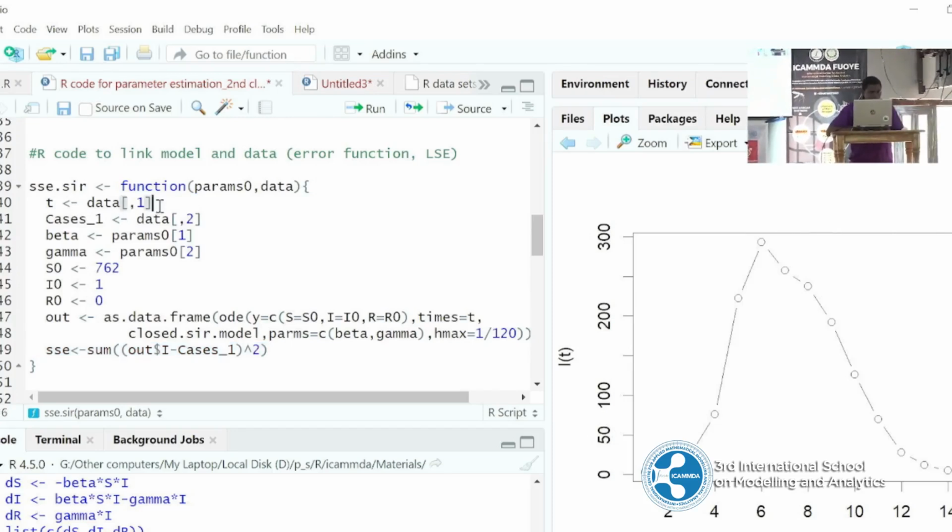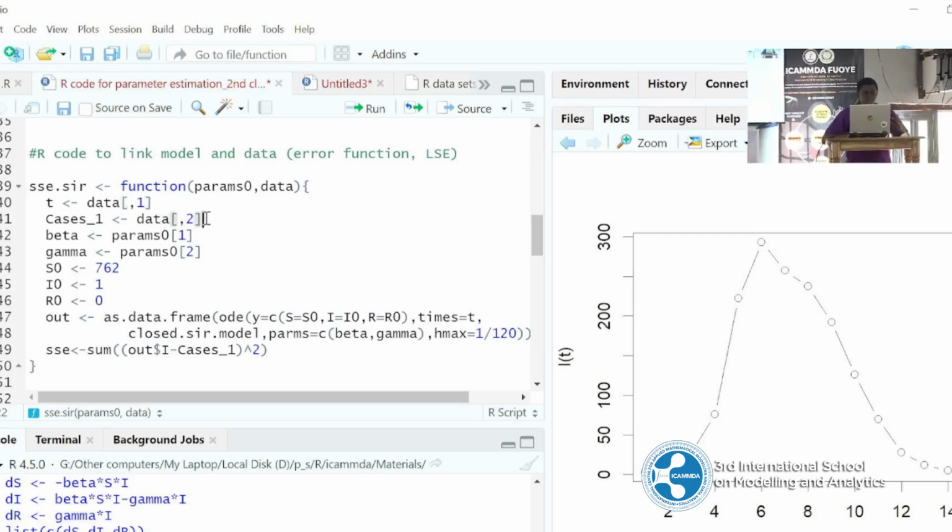So we put our time, which is the first column of the data. We put cases 1, which is the second column of the data. Beta, which is the first parameter, and then gamma, which is the second parameter. And then the initial condition for the state variables. Is that okay? And then we define the numerical solution that we are using, ODE here, which I told you the other day